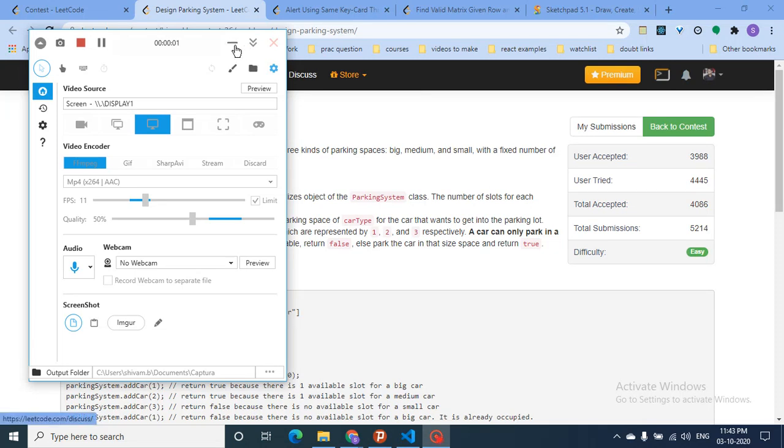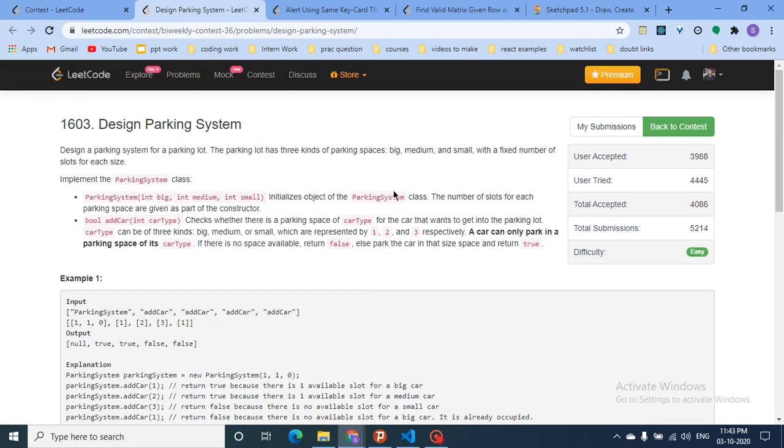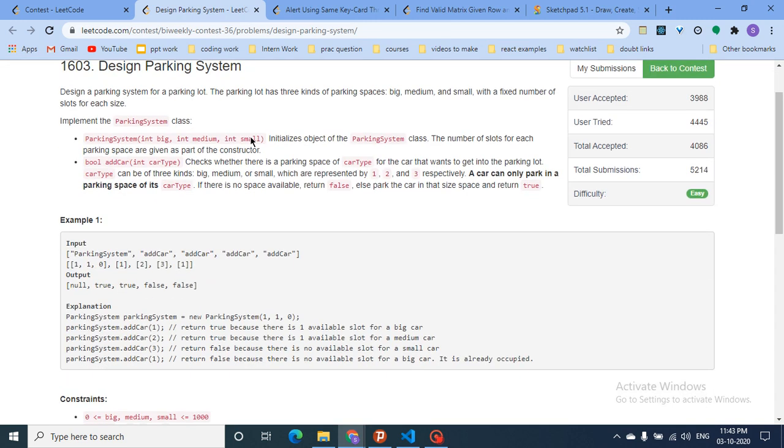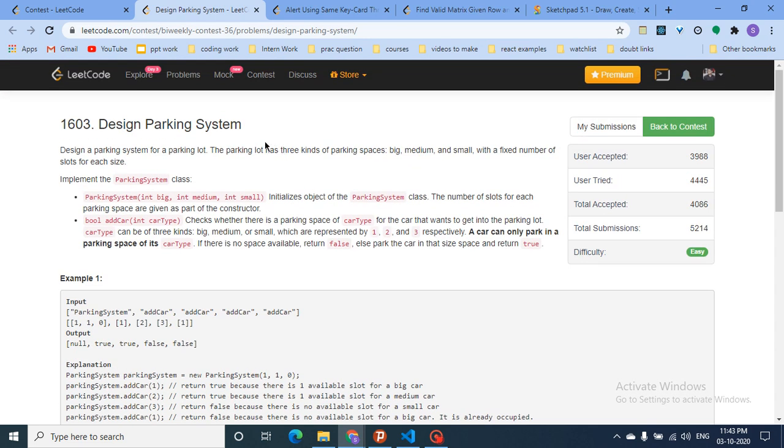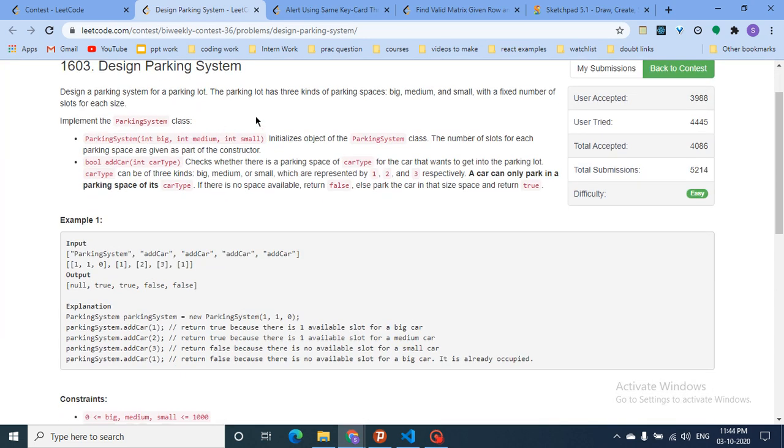Hello friends, so today we can discuss the top 3 problems from the latest LeetCode bi-weekly contest 36. So let's start. All the problems in this problem set are very good, so we can discuss the first 3 problems in this video. So the first problem name is design parking system, in which you have to design two